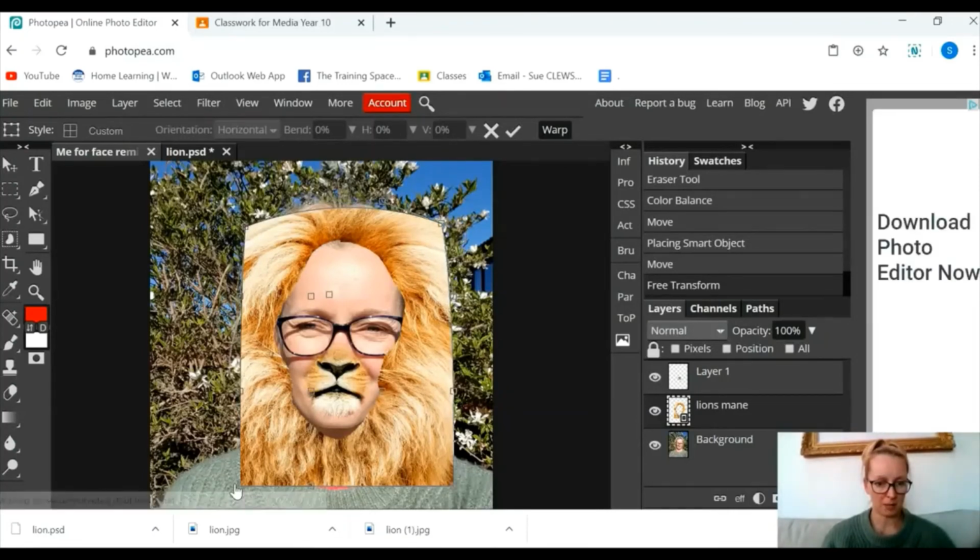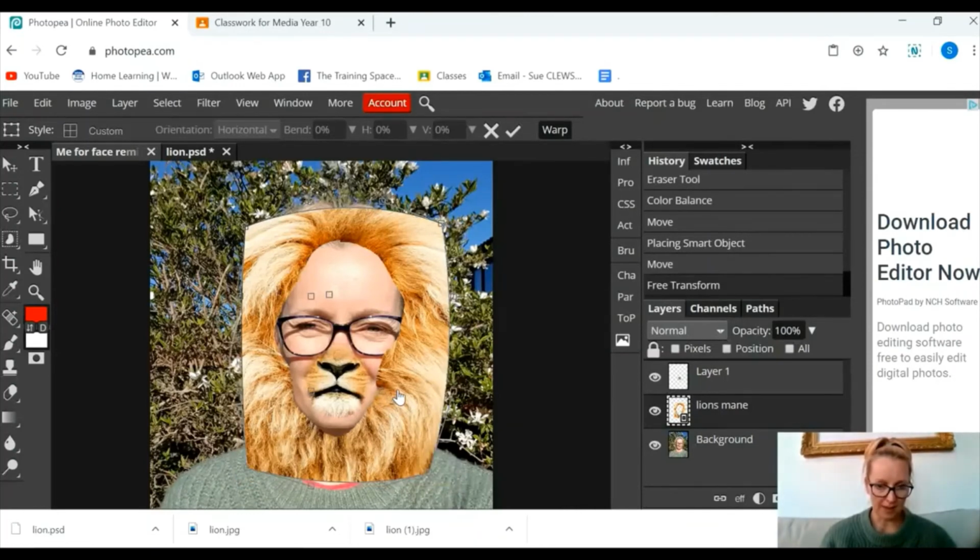Right, and I just keep dragging it in, and you can see that it's just about right. I'm going to drag that in. Now, when you get to do yours, hopefully it won't be working as slow. There is a lot of delay and a lot of lag on Photopea today, but it is still working. So now I'm going to go back to my